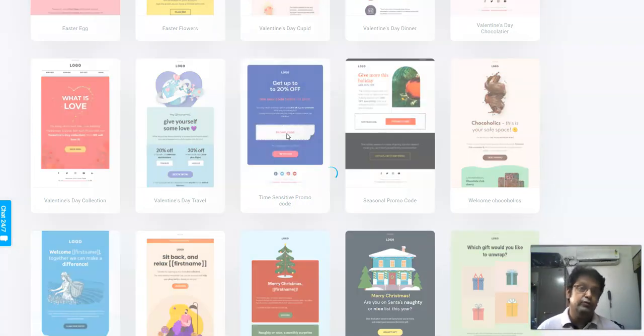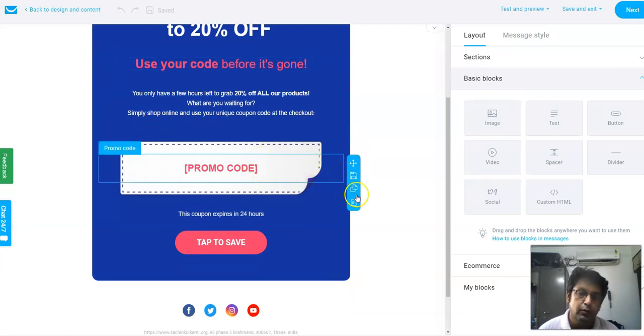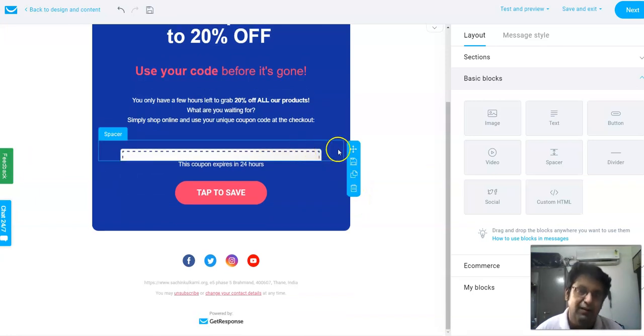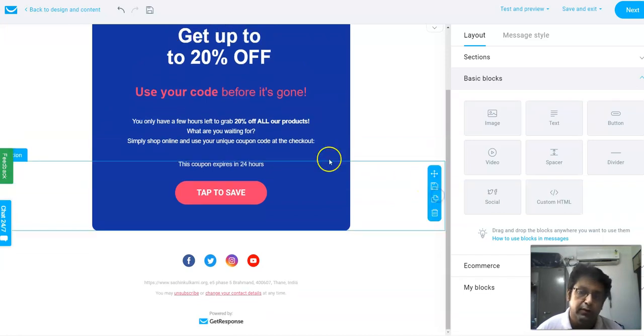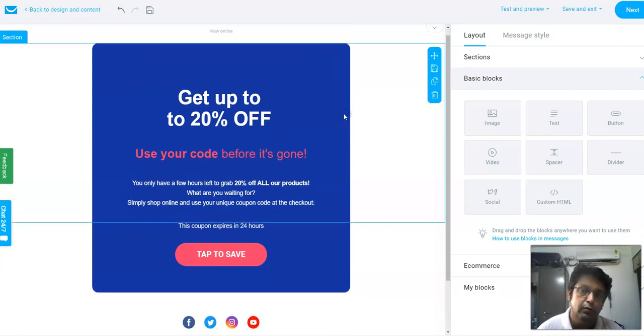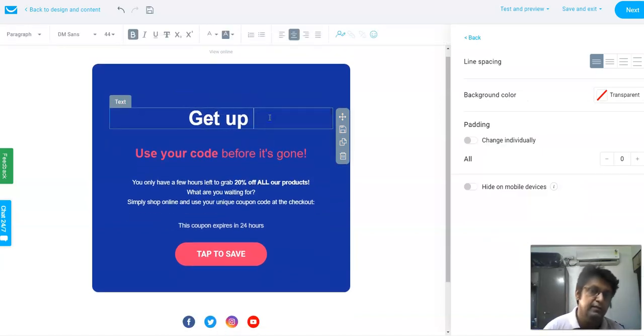So this is something which we would use. I'm going to click on use this template. All right, just give me a sec, it will load up, and then we can delete some sections if we don't want them. Okay, so in this section, if you don't want this one, you can hover over and delete this. You can hover over and delete this. So in this way you design whatever you want to, which is great for your email marketing business. If you don't want to put in your logo, no problem. You can delete this, and you can say,